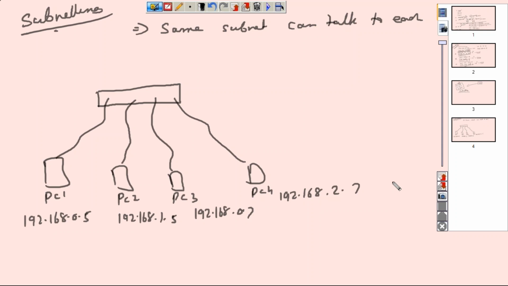Yes. All of them? Yes. Right. Which means what's the default class mask of class C? 255.255.255.0. Which means in all these cases, those first three octets belong to the network, right? Yes. And as we just discussed, only devices belonging to the same subnet can talk to each other, which means this part has to match for them to talk to each other.